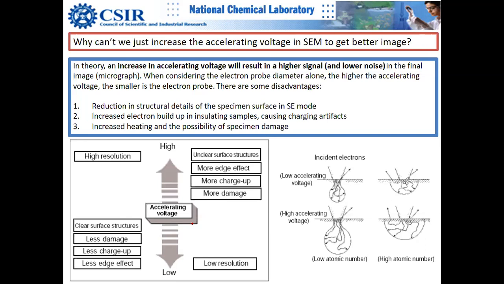Sometimes students bring images with a lot of damage and charging, and you can actually see in SEM that damage is being done to your sample. For example, you are scanning a small area, suppose 100 nanometer by 100 nanometer, with the primary beam focused on this area, collecting the secondary electrons. Then you zoom out to a larger area, for example 1 micron or 10 micron by 10 micron, and you can actually clearly see the image of this burned up area.